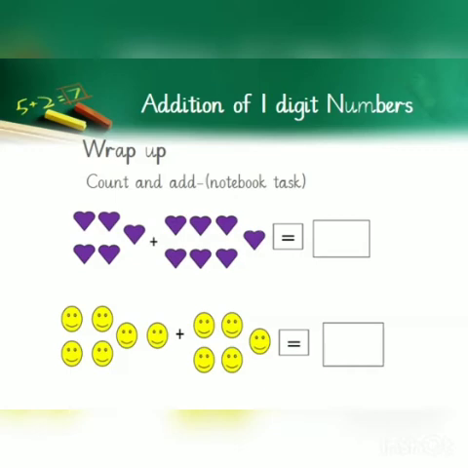Same with the happy faces. Yes, 6 plus 5 is equal to 11. Very easy. I hope that the topic of addition of one digit numbers is quite clear to you and you are capable enough to handle it yourself. For reinforcement, you have to draw and write down the total number of the given pictures in your notebook as well, very neatly. So take good care of yourself, take good care of your studies as well.